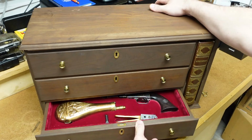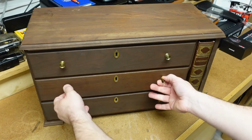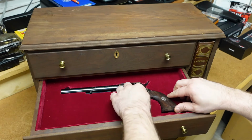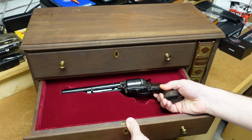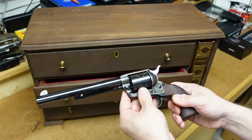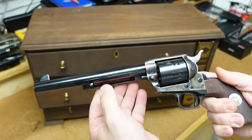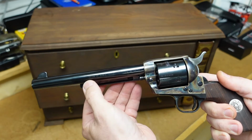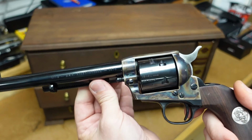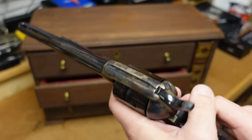Next up, we have probably their most iconic revolver when it comes to the Old West, the 1873 Single Action Army. This particular one has the 7 3/4 inch barrel, which is just like the guns that were purchased by the U.S. Army. All of these guns, once again, have a matching serial number, and they all say USA Bicentennial 1776 to 1976. On the cylinder of this revolver, we have an American flag and the names of all 13 original